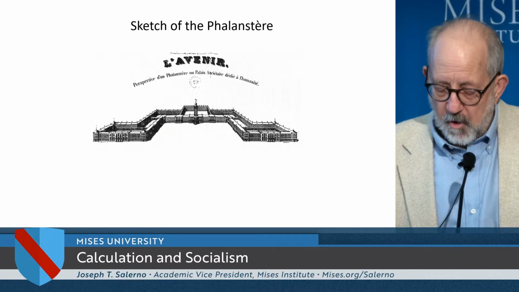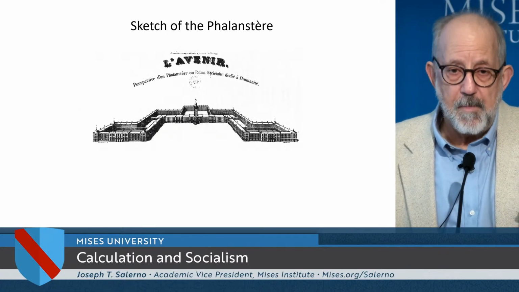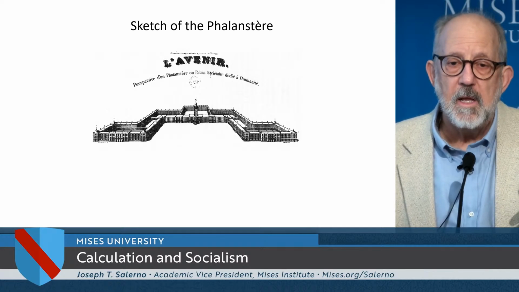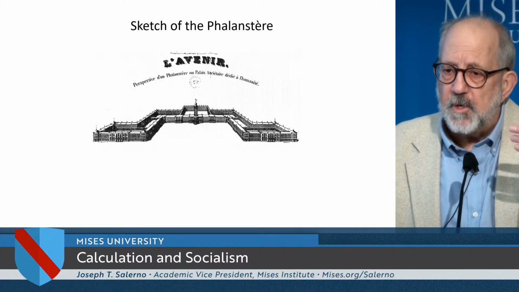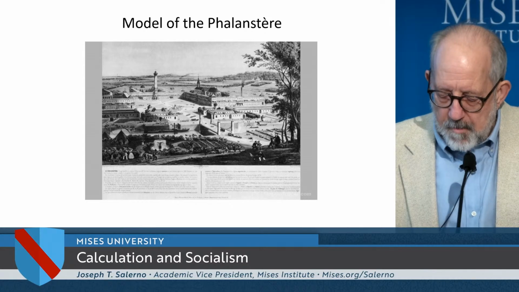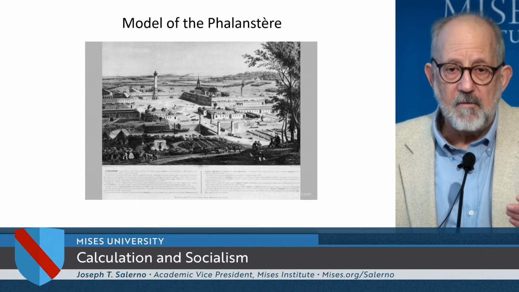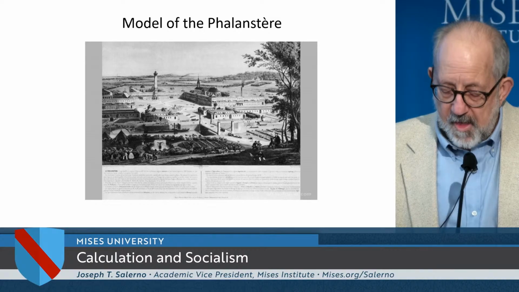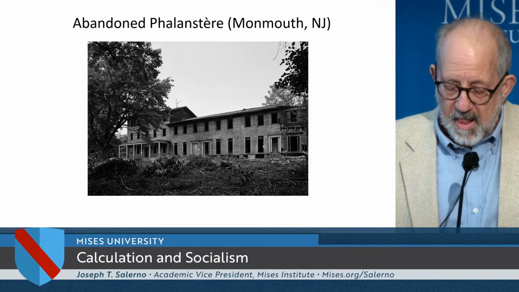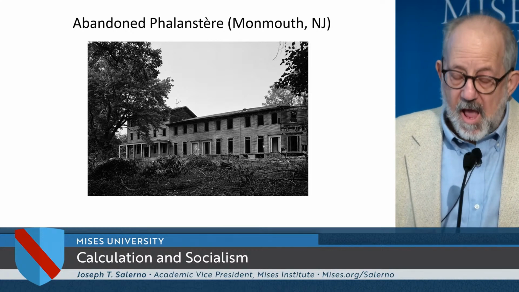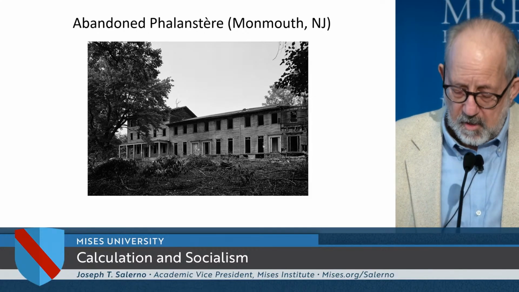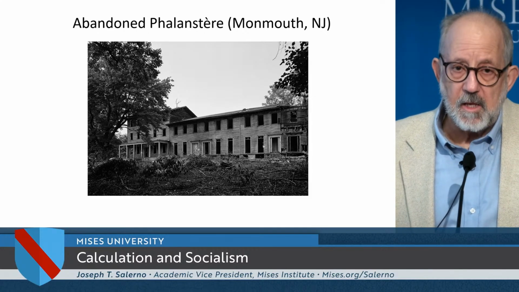Okay. So there was a sketch that he had made of the phalanstère. Now notice how symmetrical it is. All of these socialists had a mania for symmetry. Everything had to be symmetrical and look very nice and so on. He even had a model of it built. And so that's the vision of his socialist utopia. That's the reality. That's actually near my home in New Jersey, where I live half the year, and it's still standing.